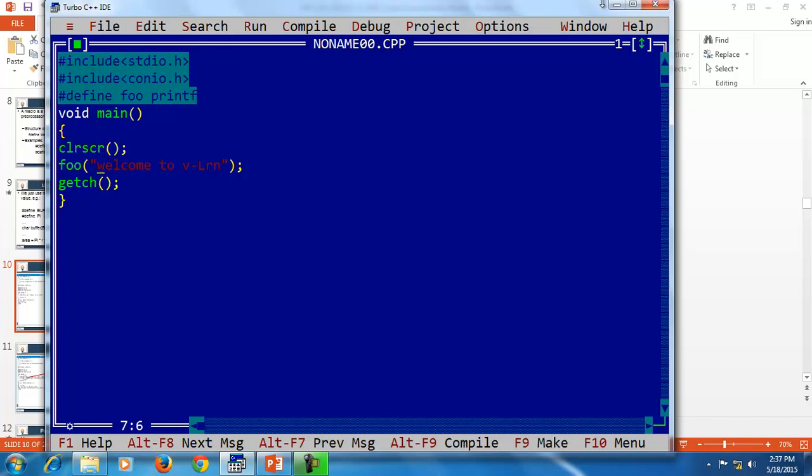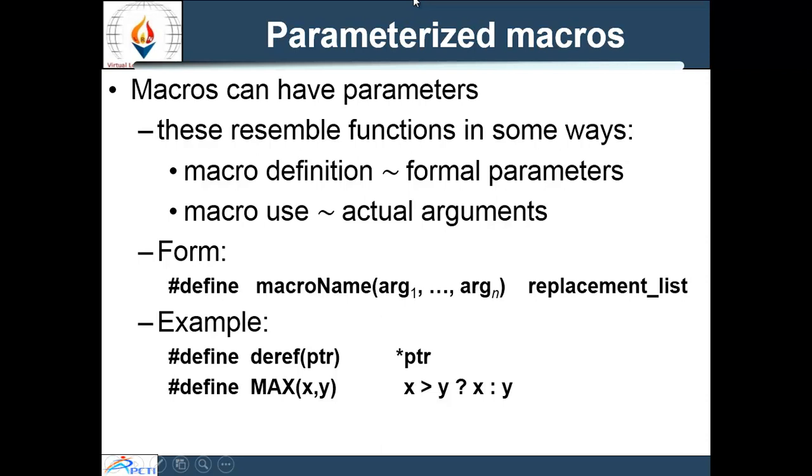Next is parameterized macros. Macros can have parameters. So these resemble functions in some ways. Macro definition has formal parameters. Macro use has actual arguments. For example, hash define max x comma y.